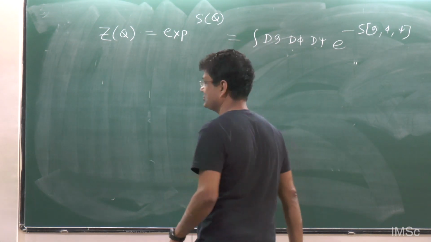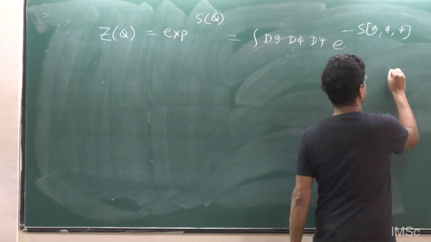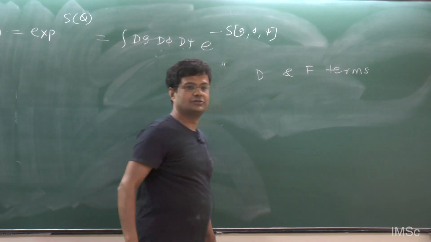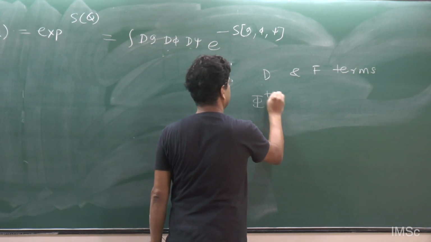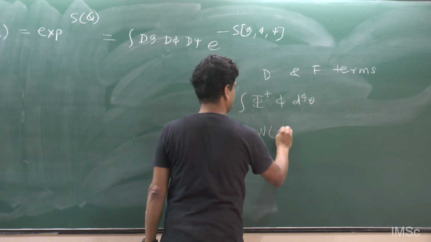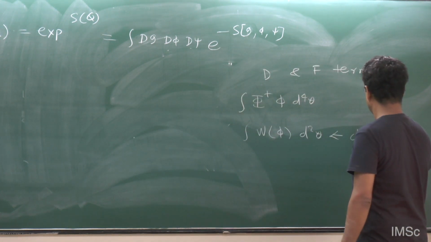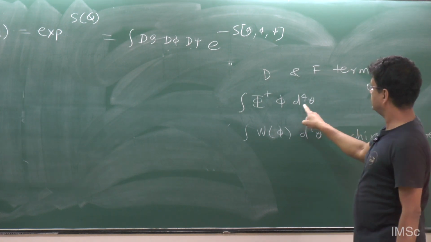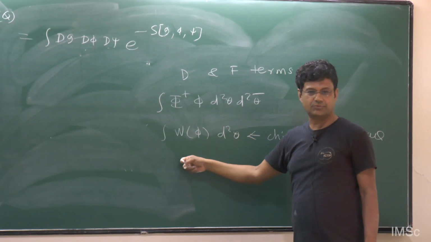It turns out that's where supersymmetry comes in an important way: the action has D terms and F terms. For example, if you take the Wess-Zumino model, there are terms like phi dagger phi in terms of the superfield notation, and then there is a superpotential, which is chiral in superspace. Whereas this one has d2 theta and d2 theta bar, so it's not chiral. This is the kinetic term and this is the superpotential.